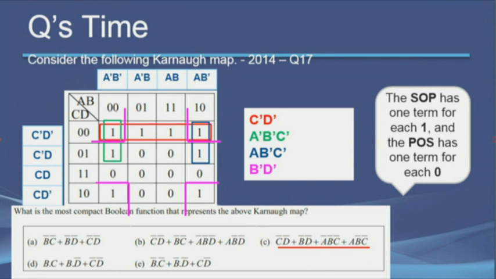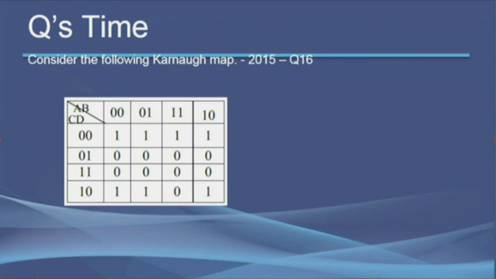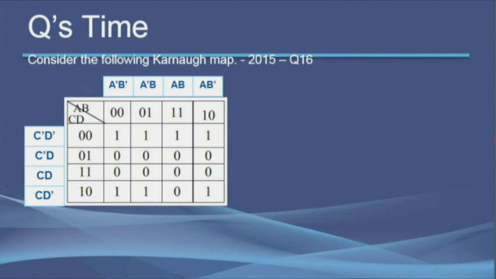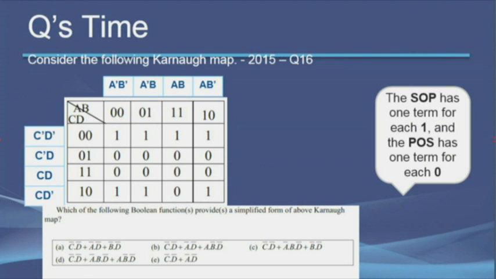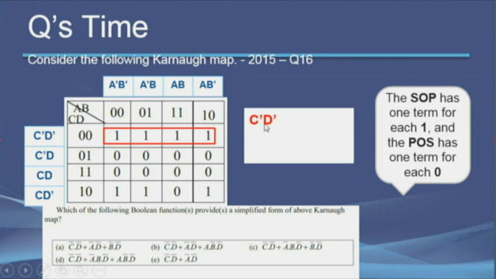Let us do another one and you will understand better. So, this is the 2015 question number 16. First of all, you may write down this thing, it will help you. So, which is the function, most simplified function they are asking. So, let us group it. So, again we have to group ones because all the answers given are SOPs. So, again we can see the same thing and we can come up with the same notation or the same letters, and here this is quite impressive.